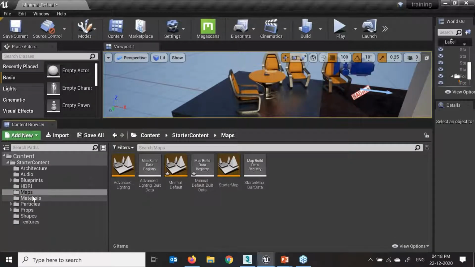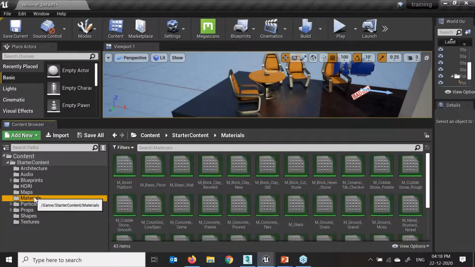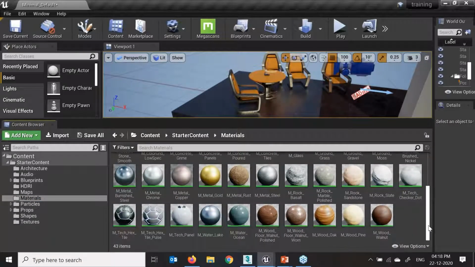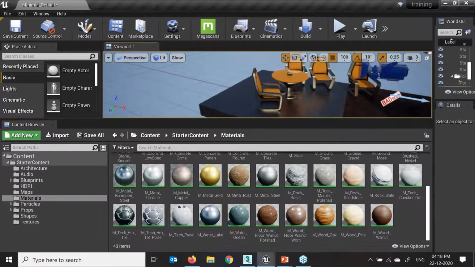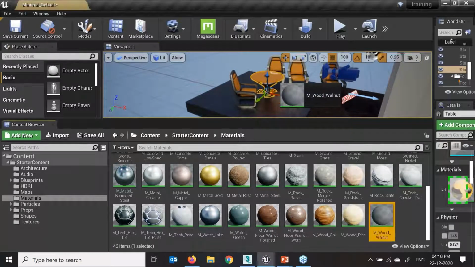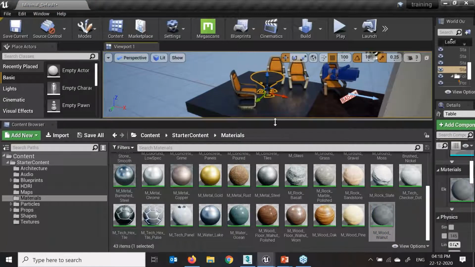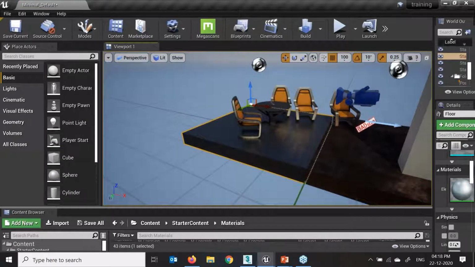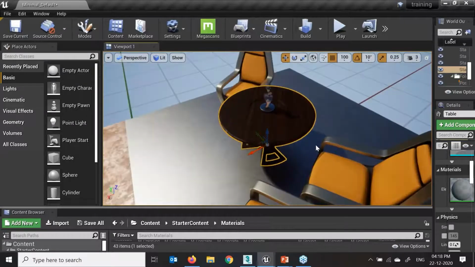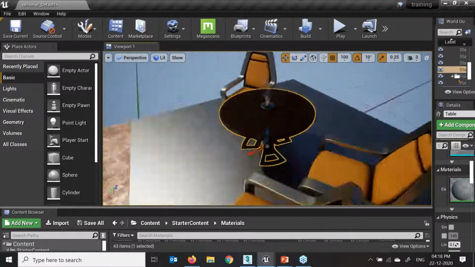I will try to create one simple level for you. These are the different material presets we have. If I want to change this table color, I can easily drag and drop over here, press F, selections. Here we can see the material gets changed.